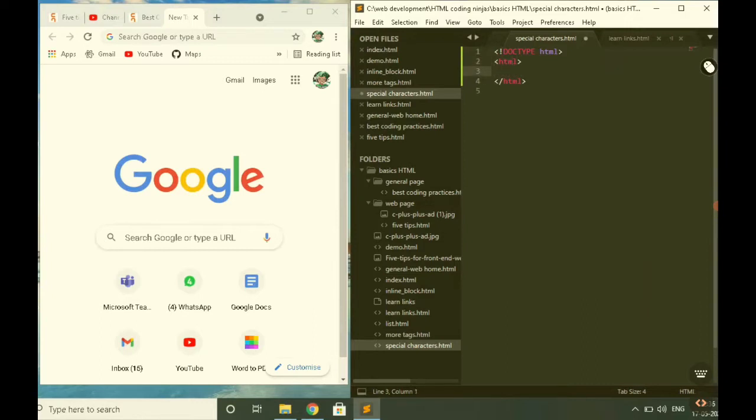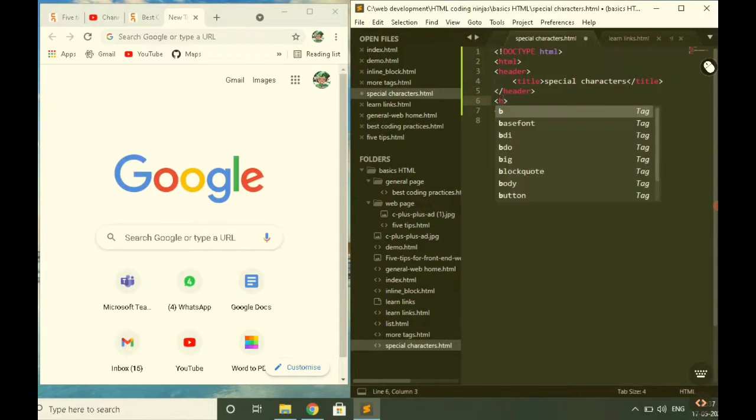Inside this we have the header, inside this we have the title. Title is going to be the special character. And after that we have the body part. Inside the body part,